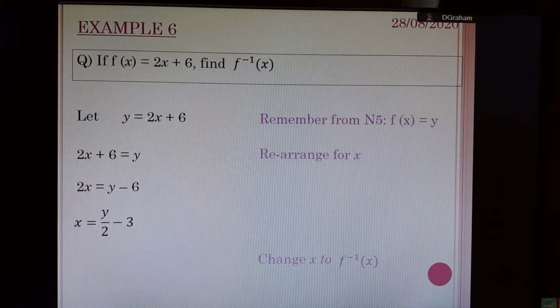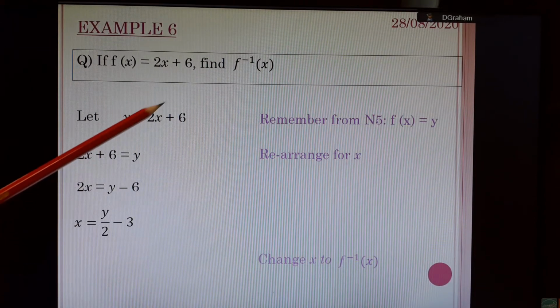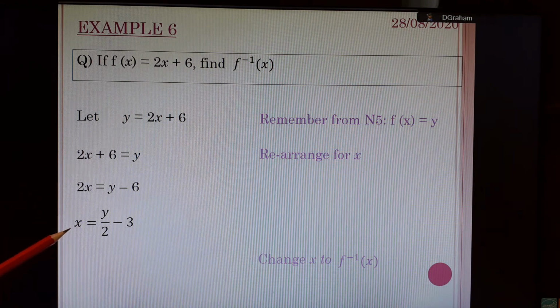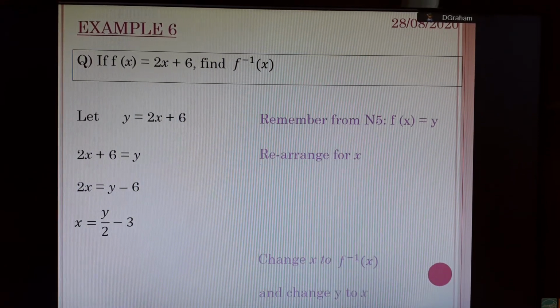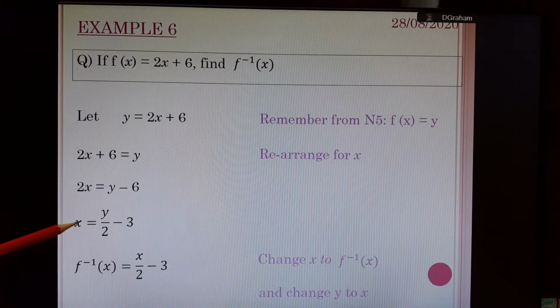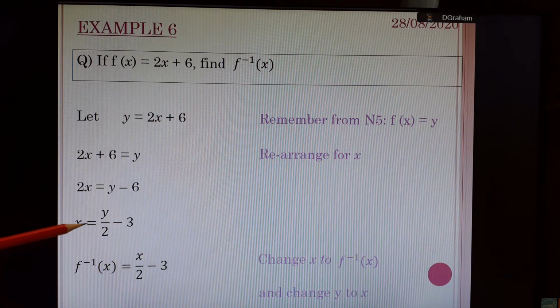And then what you want to do next is change the x here back to your inverse function of x, which is what you're asked to change it to, and then you're going to change that y back to the x that you have originally. Okay, so you just rewrite that there as inverse function of x, you rewrite that little y, change it back to the x, and everything else is the same function. So it's the input divided by 2, take away 3, but you're making the input the x again, because it's the original x value with the inverse function. Okay,